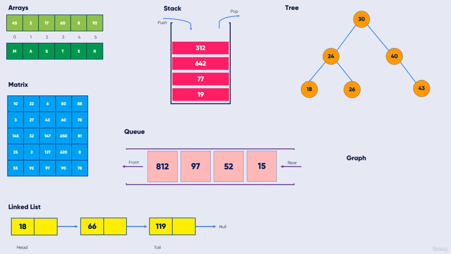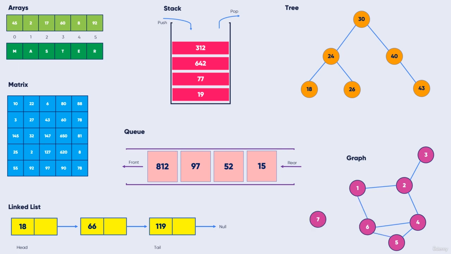Another one is the graph. A graph is a data structure where data is stored in a collection of interconnected vertices or nodes, and edges are the paths. Okay, so